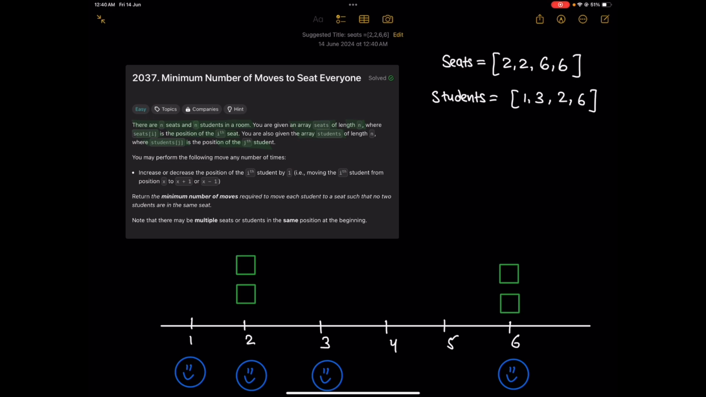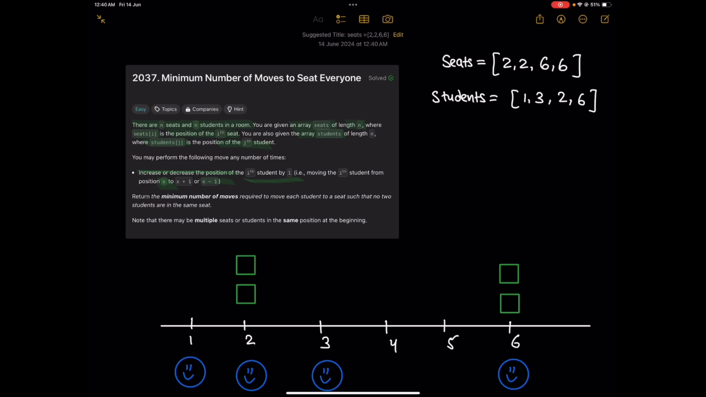We can perform the following operation. We can increase or decrease the position of the ith student by 1. It means we can move the student left by 1, or we can move the student right by 1, or we can let the student be at its place. You can change his position from x to x plus 1, or let it be x, or to x minus 1. So we have to return the minimum number of moves required to move each student to a seat